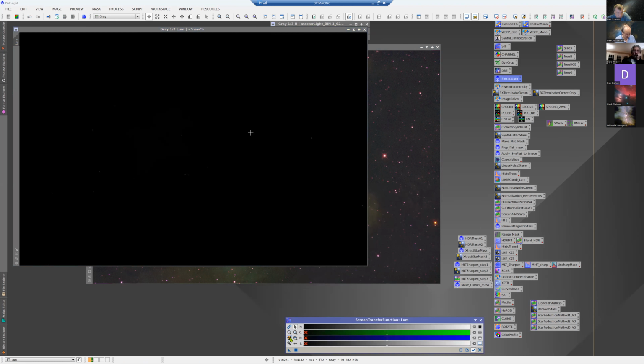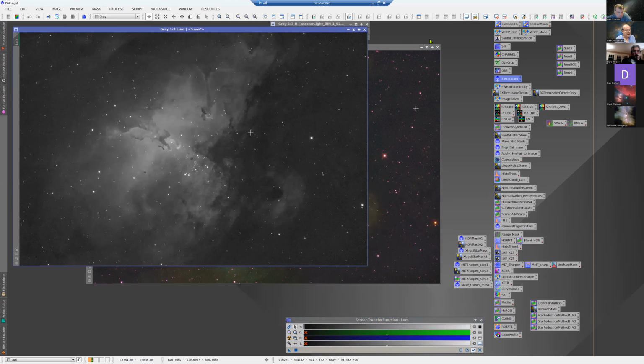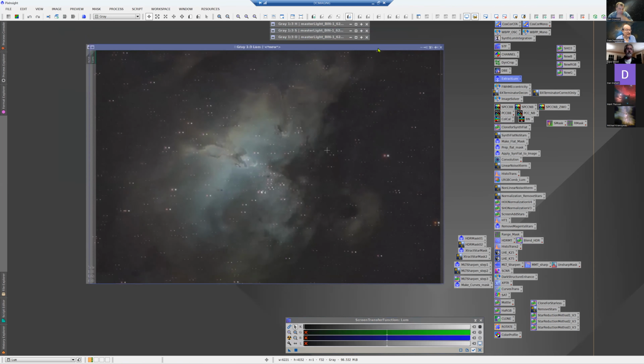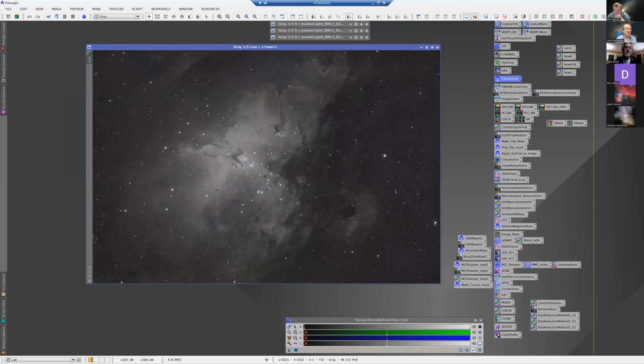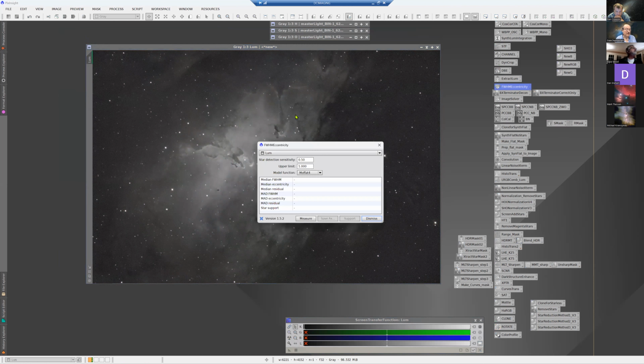Let me do a boosted stretch. So here's the luminance that I extracted from that. Now this is what I'm going to work on for deconvolution. So to do that, I got one more step. I need to do this. I need to figure out what the full width half medium is on that image. So I bring in